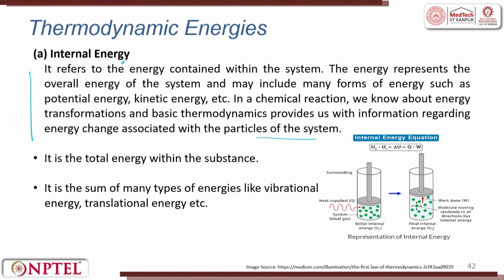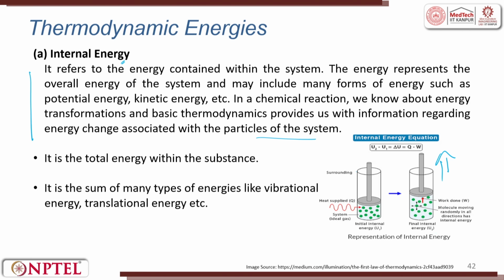For example, you have a cylinder, you have a piston. So, this is the surrounding outside. You apply heat. When you apply heat, the system, ideal gas, whatever is there, starts expanding. The energy gets into it, and the moment it starts expanding, you can see the piston moving in the upward direction. Here, if you see the surrounding, you have a glass jar, and the ideal gas is filled. So, here the internal energy is U1. When you heat it, it becomes the final internal energy U2.